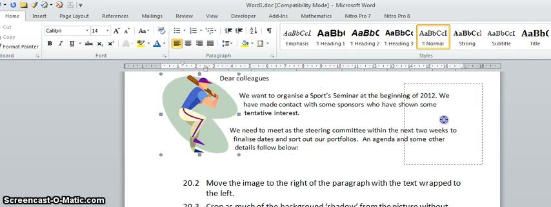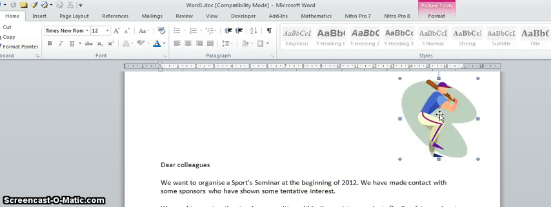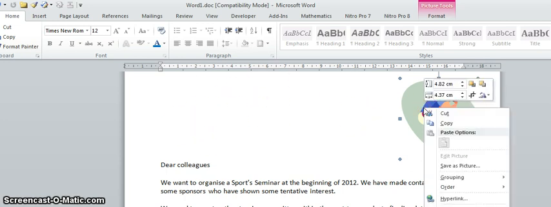Well, I can move it to the right. That's quite easy, but the problem is the text doesn't wrap. In other words, we want the text to sort of flow around this area here. Well, I've moved it to the right. That's fine. Probably the best bet would have been, and I'm actually just going to undo that, so to start off from where we were originally,